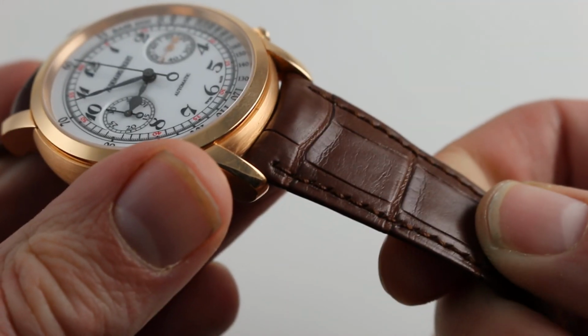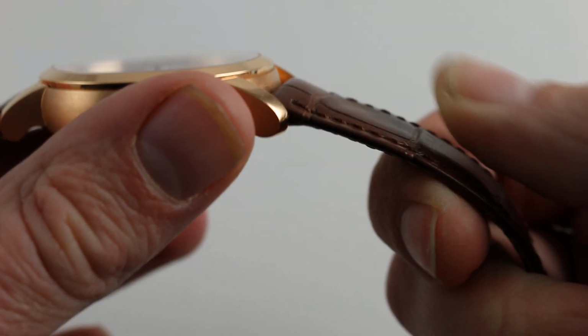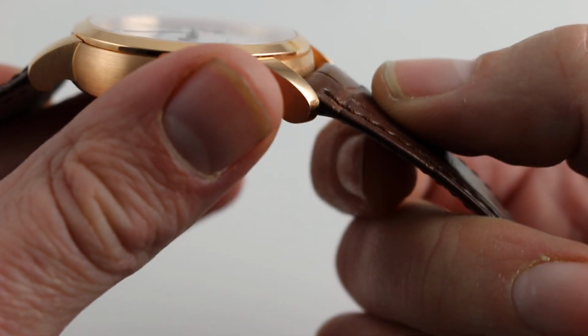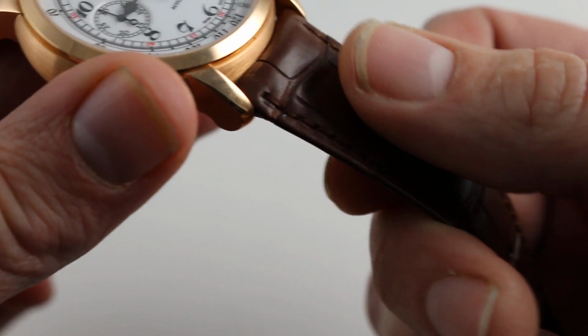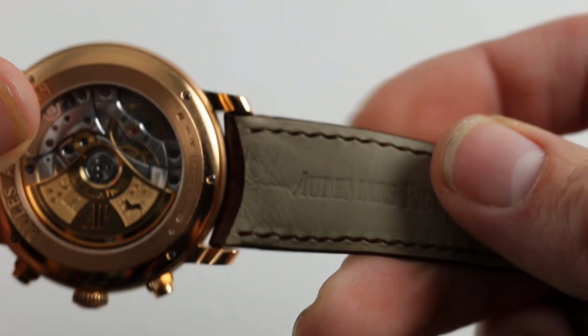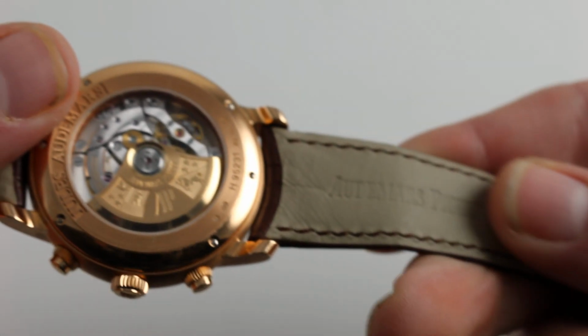Now, the strap is of excellent quality, very minimally bolstered. It actually features none, as you can see, with the only swell occurring as it wraps itself around the spring bar. It features a gorgeous monotone stitch. It is a rectangular scale alligator, and it is brown. It's a nice complement to the warmth of the gold case, and on the bottom, a beautiful calfskin, supple and